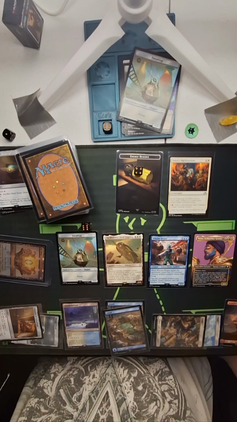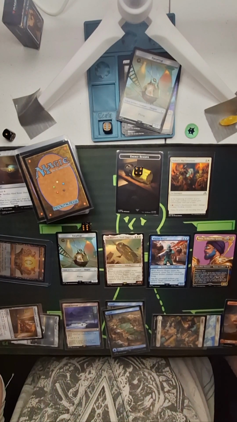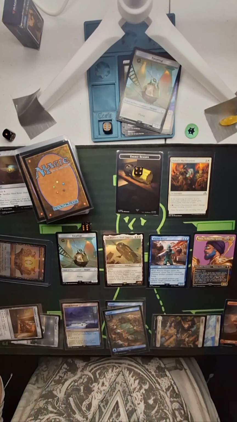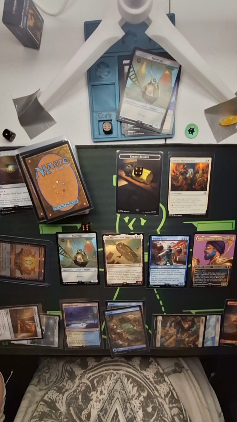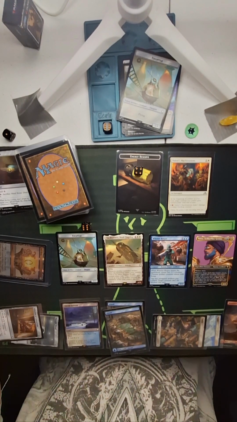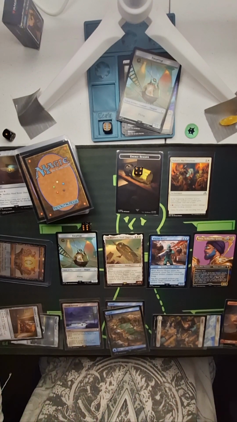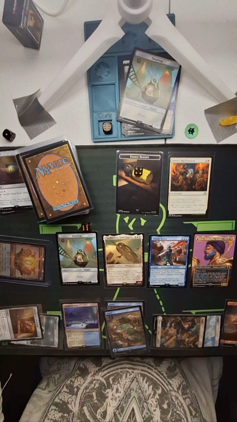6/6 flying. Whenever another non-token artifact enters the battlefield under my control, create a 2/2 white Knight creature token with this creature gets +2/+2 as long as an artifact enters the battlefield under my control this turn. So currently it does not have haste. I have ways to